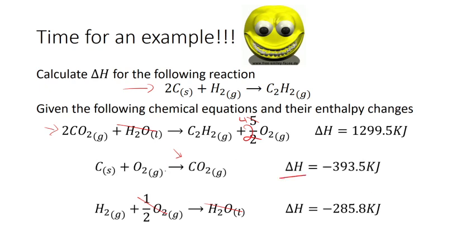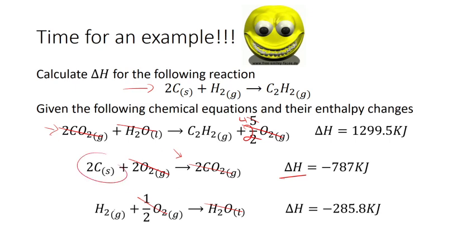Right, so if I go back, we look, negative 393.5. When we multiply everything through by 2, we get negative 787. All right, and so now we look, we've got 2 more O2s. We cancel those out. We cancel out our 2 CO2s. We are left with 2 carbons, 1 hydrogen, and 1 C2H2, which is exactly what we want for our final